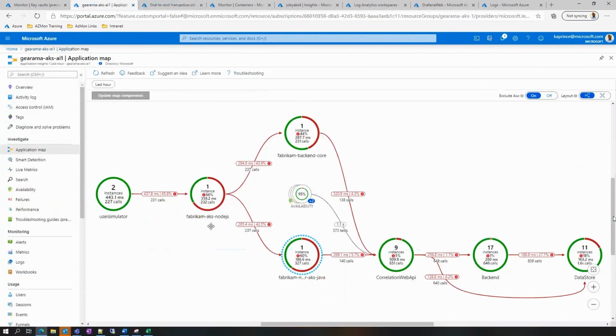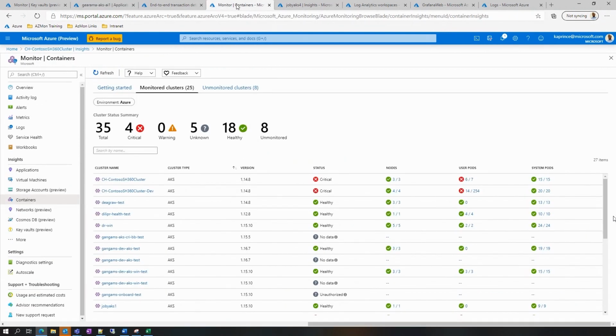Now you may have noticed a number of the application components that we're looking at here are running on AKS. So while App Insights provides great visibility into what's happening at the application layer, like end user experience and server errors and server performance, it's not telling me what's happening with my Kubernetes deployments or my infrastructure performance. So this is where we can pivot, and we can use Azure Monitor for containers to look at our Kubernetes